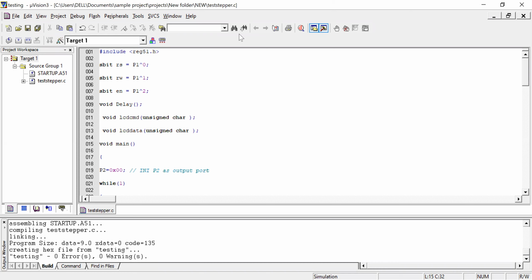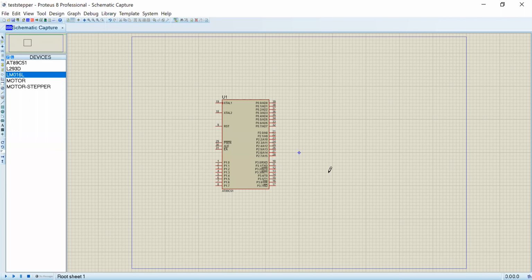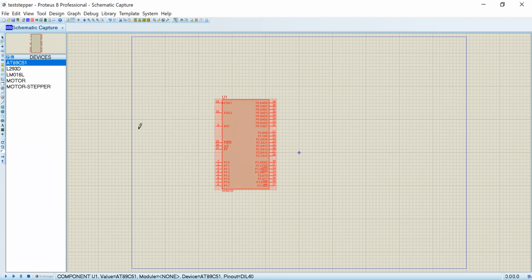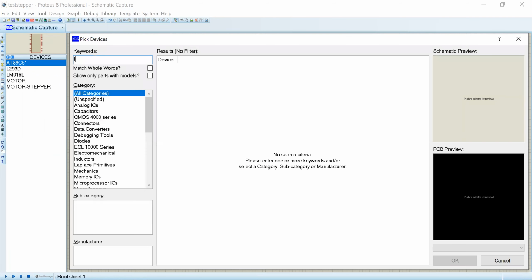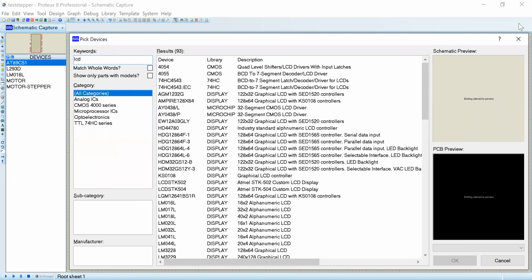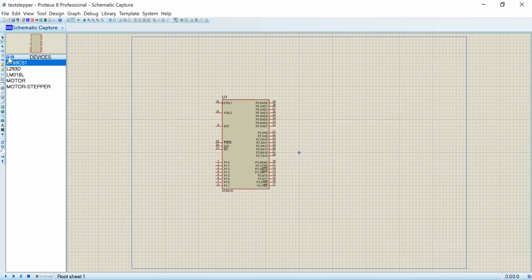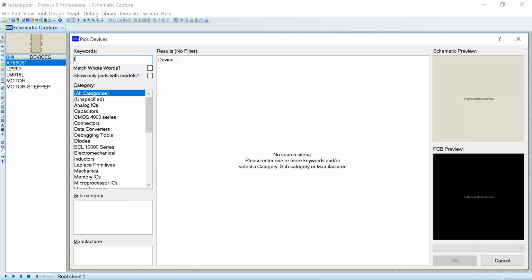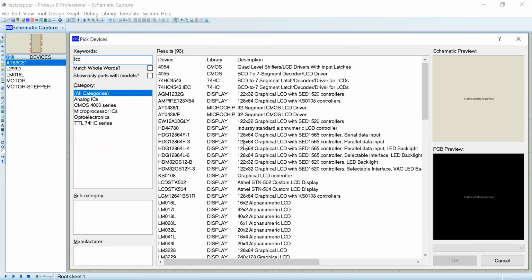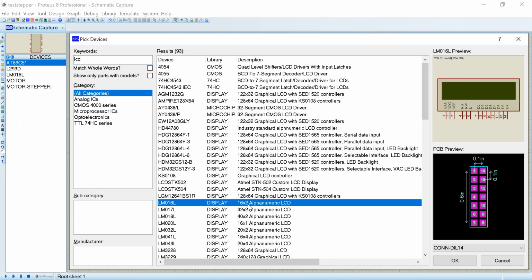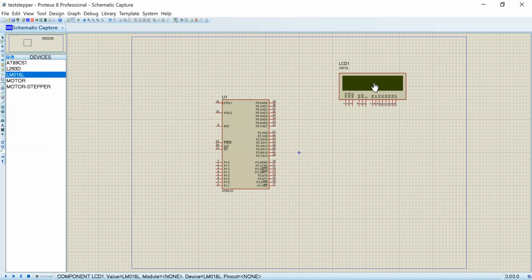Let me open Proteus. We'll take the hardware, that is the AT89C51 microcontroller, and we take an LCD. Just click on P, that is pick device. Type LCD. There are many LCDs displayed. Take the 16x2 alphanumeric LCD and click OK.